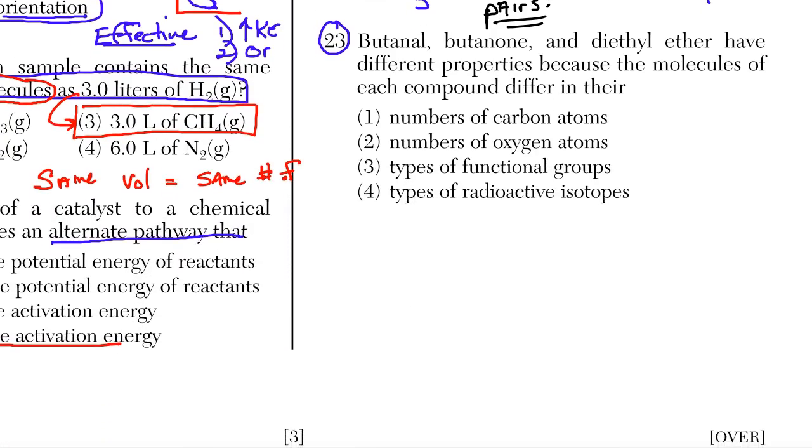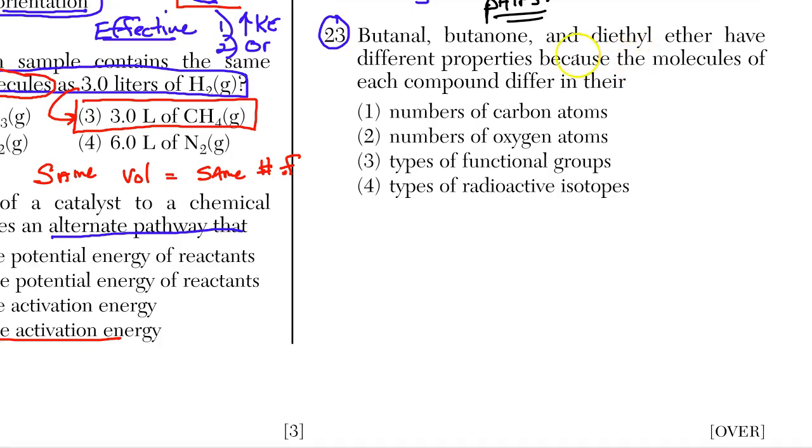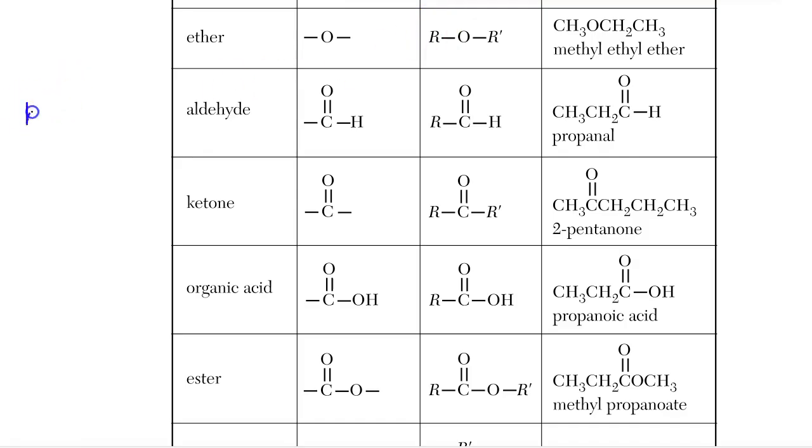Now, butanol, butanone, and diethyl ether. Notice these are compounds that we should be able to recognize based upon Table R. So butanol, butanone, and diethyl ether. What's so different about them? Well, let's see if we can just write their formulas. And understand that Table R is our friend. Let's go there. So we had butanal,